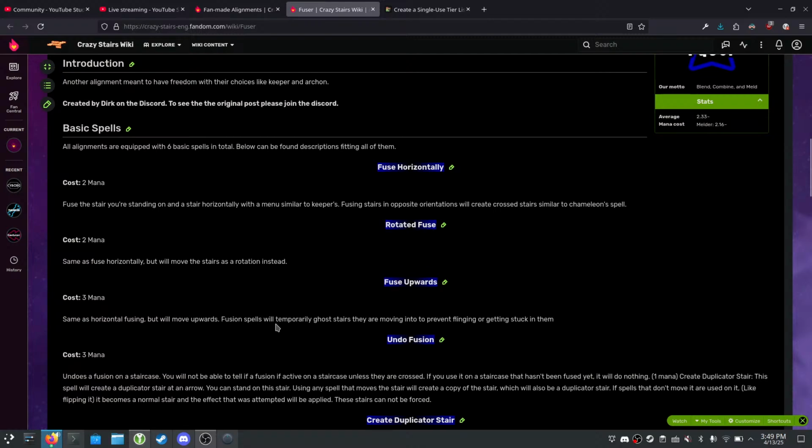Fusion spells will temporarily ghost stairs that are moving into to prevent flinging or getting stuck in them. Undo fusion undoes a fusion on a staircase. You will not be able to tell if a fusion is active on a staircase unless they are crossed. You can use it on a staircase that hasn't been fused yet. It will do nothing. It'll still cost 1 mana. There'll probably be a rank later that'll let you see it. And then...